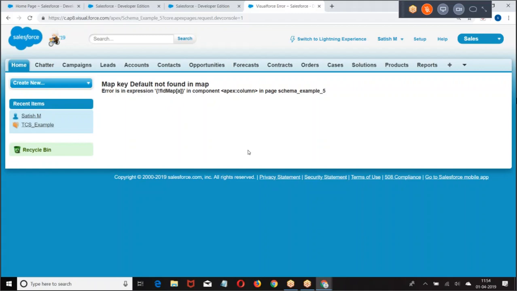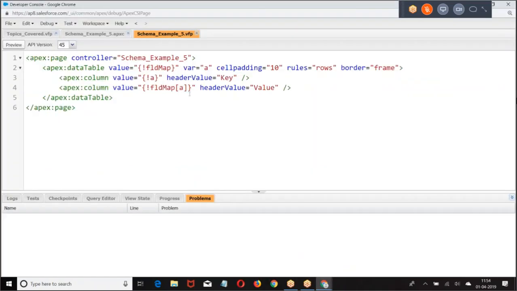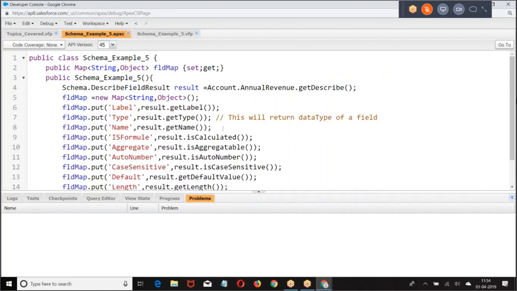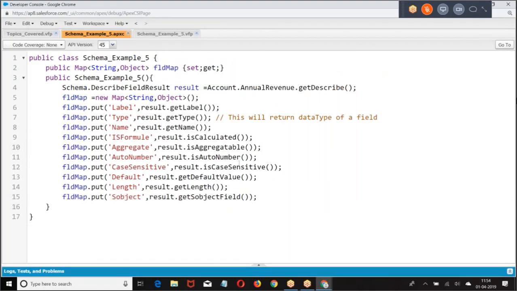Field map of A. There is an issue here. Let us check it out. Field map of A. There is no default value coming. Then what was I supposed to do?